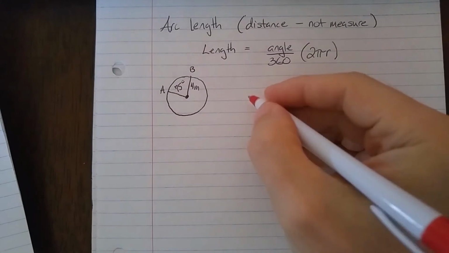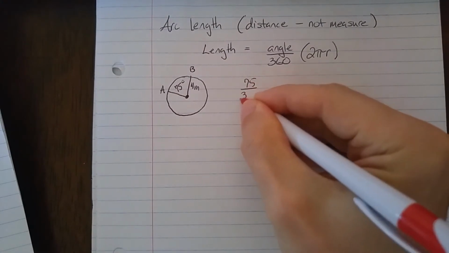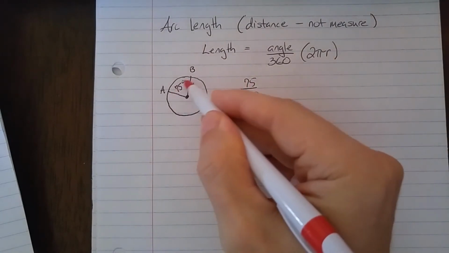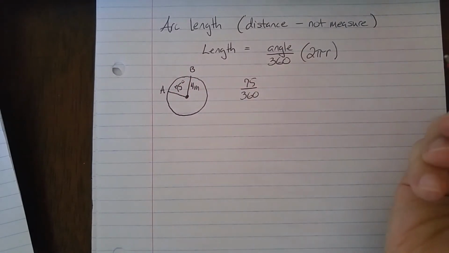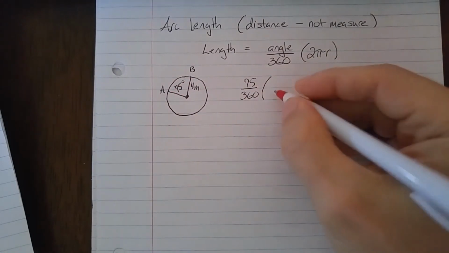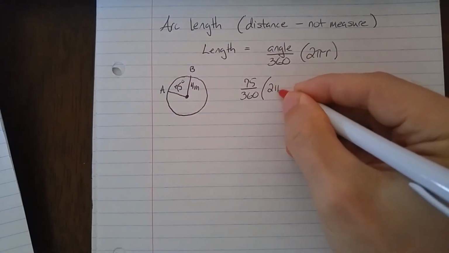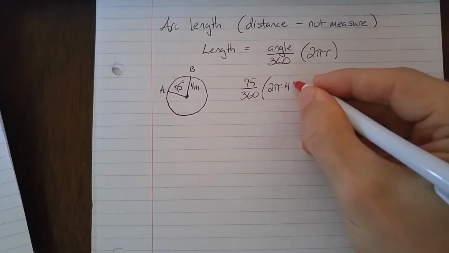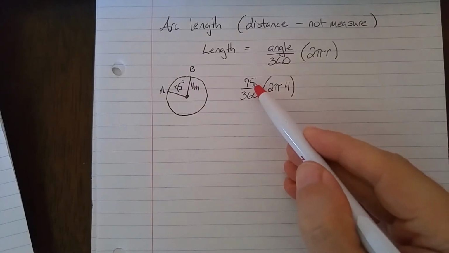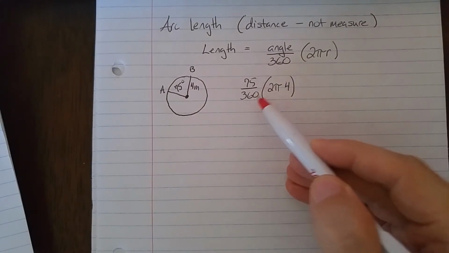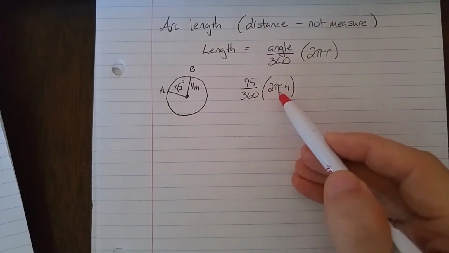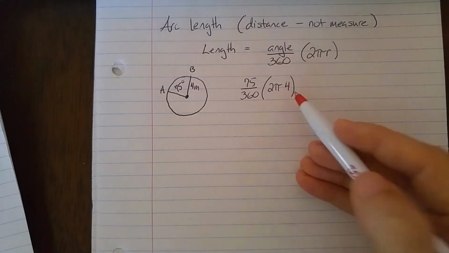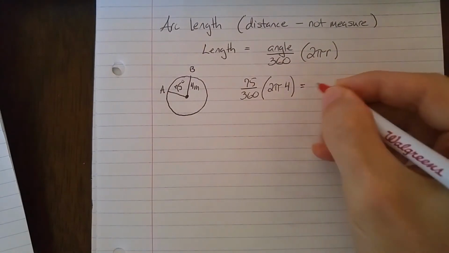So the way we set this up is the central angle divided by 360, and this is going to tell us what percent of the circle this is. And we're going to multiply this percent by the circumference, which is 2 times pi times radius, and our radius is 4 meters. So when I put this in my calculator, I'm going to type in 75 divided by 360 times 2 times, and I'm going to use 3.14 for pi, then times 4. And when I do this, I'm going to get